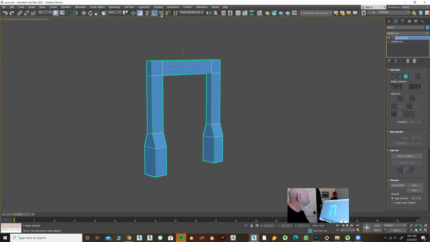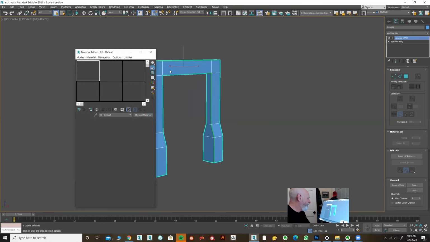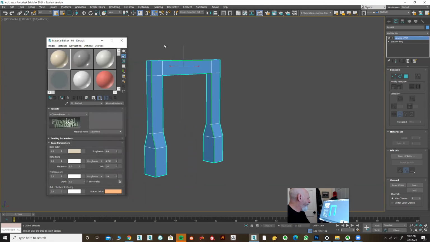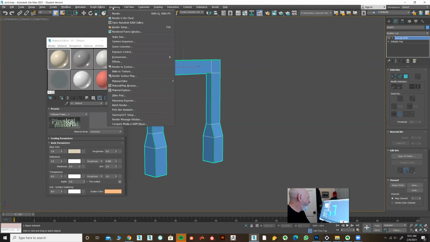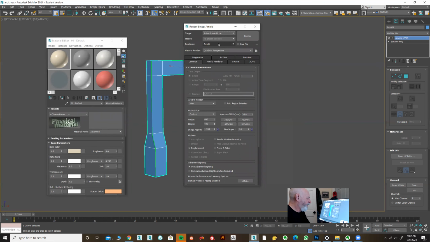So anyway, I'm going to go to the material editor. Okay, rendering, material editor, compact material editor. And let's see what renderer we have set up. So I'm going to go rendering, render setup, and up here I have this as Arnold. I was using Arnold. Let's go back to the scanline renderer, and this should not be active shade. This should be production. Okay, production rendering mode and